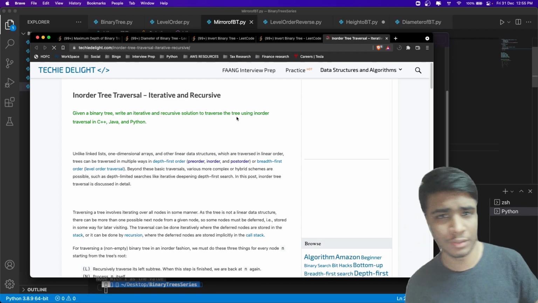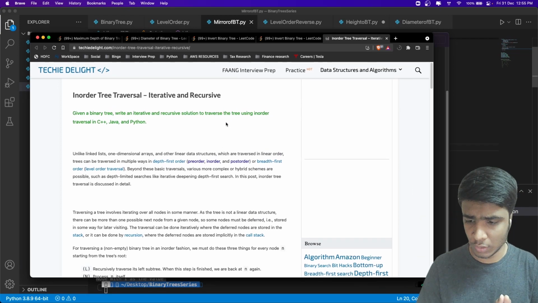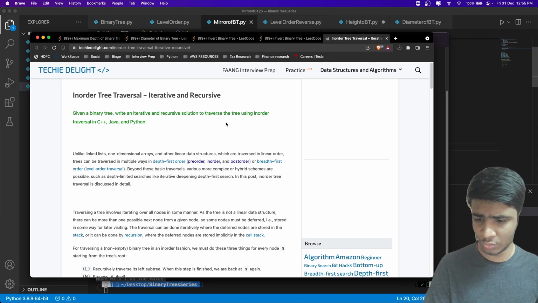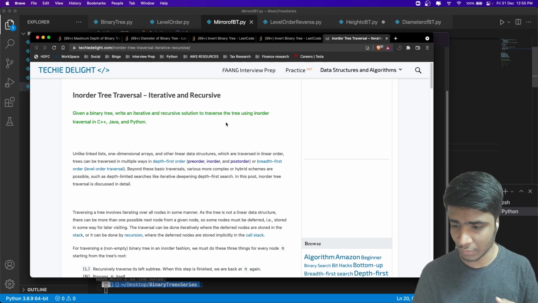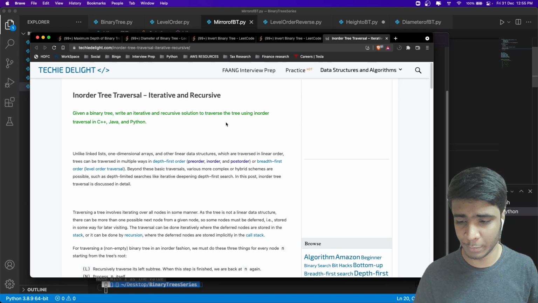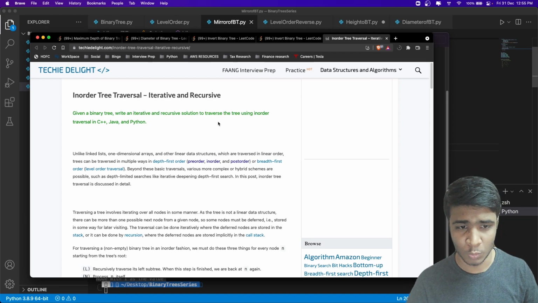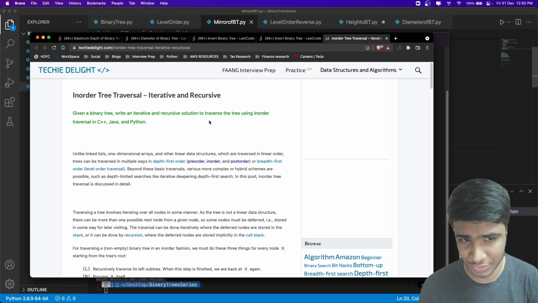What exactly is an in-order traversal? If you have any idea about trees which are already solved, you are aware that there are three ways to traverse a binary tree. We call them in-order, post-order, and pre-order. These are basically DFS searches, depth first searches.